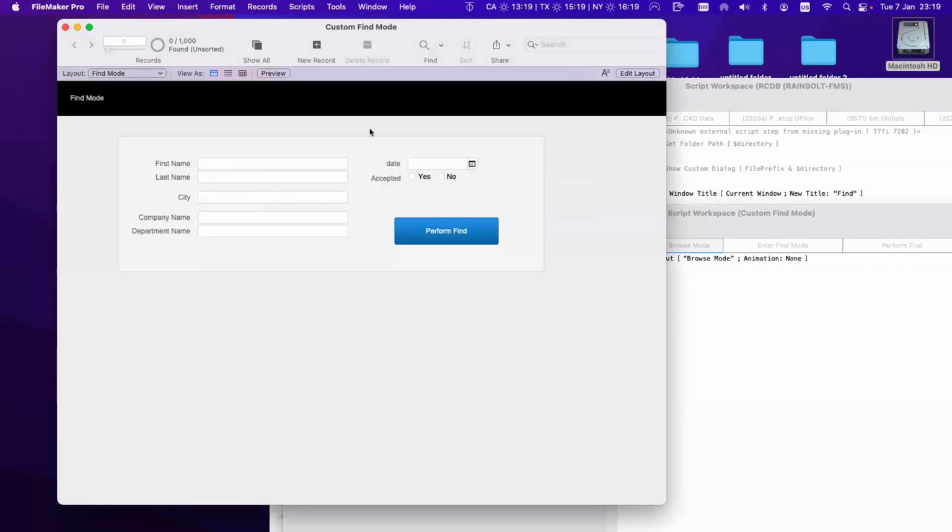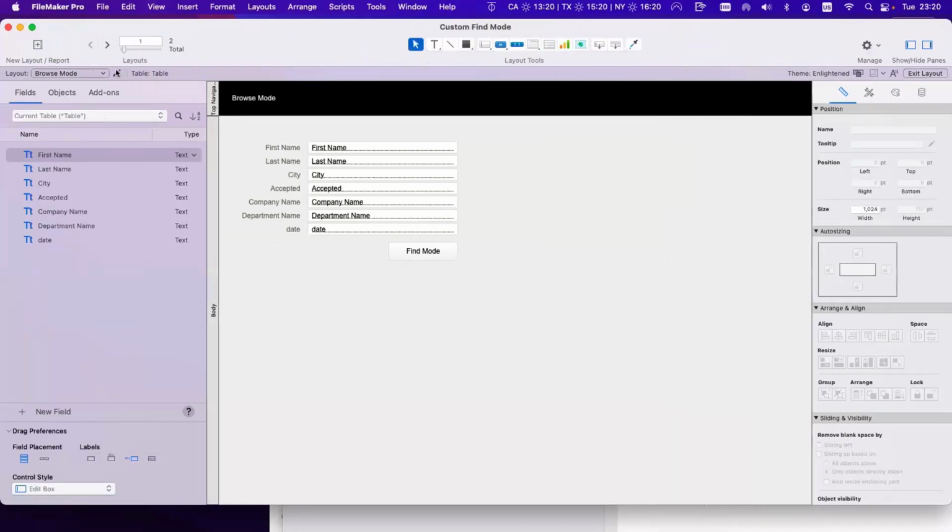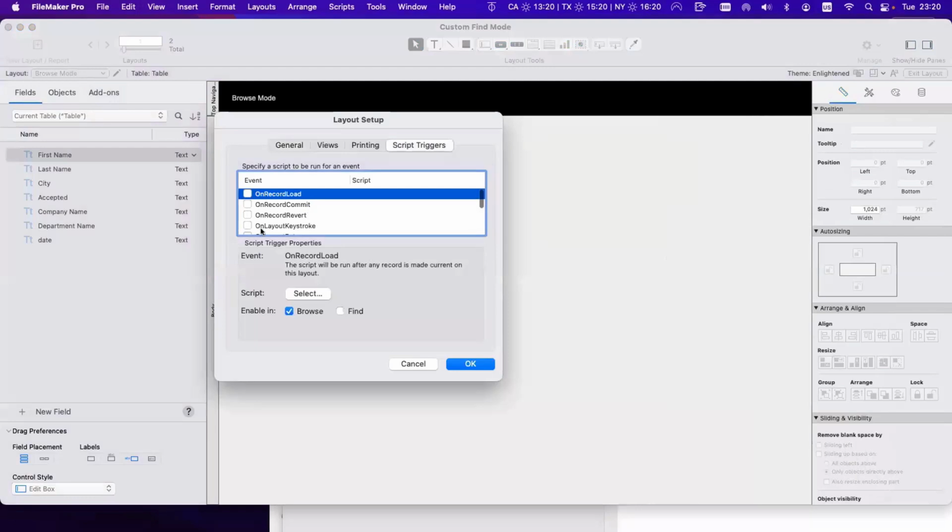Naturally, like if FileMaker had a special option saying, if you want to switch to find mode, go to that layout, right? As if it was built into FileMaker. So how do we do that? We go to the browse layout. This is my natural browse mode layout, right? And then we go there and we use